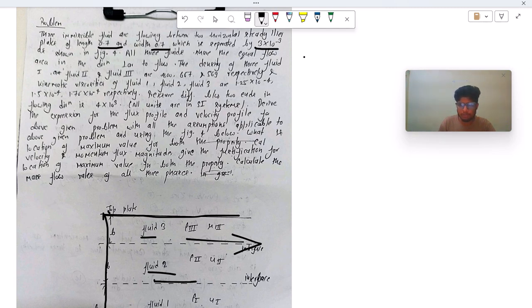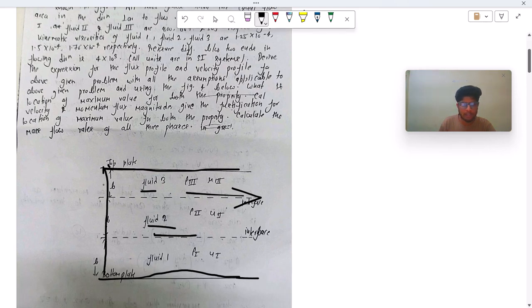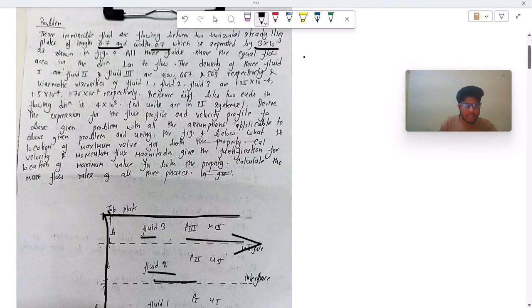All the fluids have the same area as they have the same length, same width, and the same thickness b. So all have the same area, and their densities are rho 1 equal to 800, rho 2 equal to 667, rho 3 equal to 569,